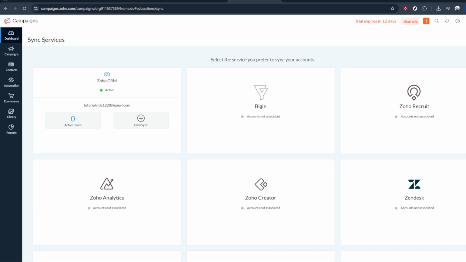Once you're comfortable with the permissions, go ahead and click on Continue. This confirms the connection and allows Zoho Campaigns to communicate with Zoho CRM. After you do this, Zoho Campaigns will be able to access your CRM contacts so you can proceed with importing them into your mailing lists and using them in your future campaigns. And that's the basic process. Open Zoho Campaigns, head to the dashboard, select Zoho CRM,